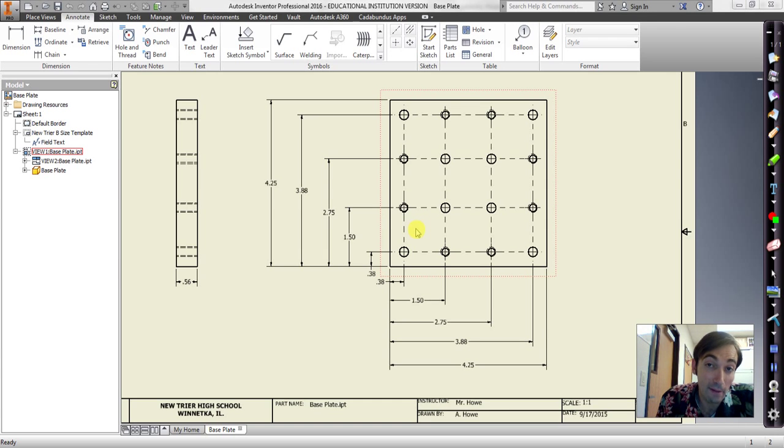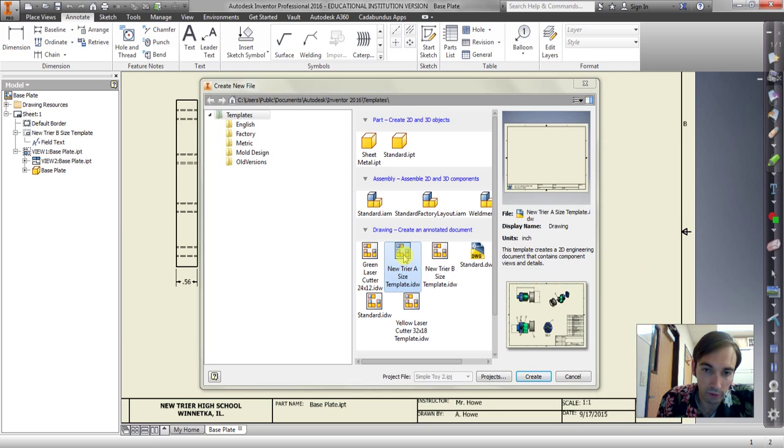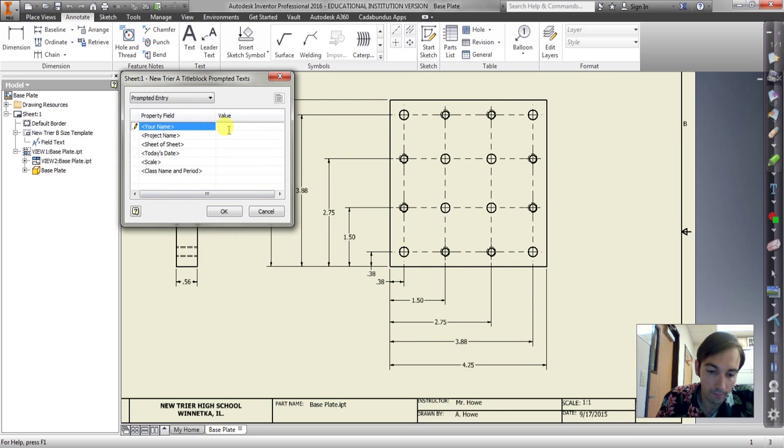Hey, let's make the knob socket head cap screw drawing. We're going to do a new part, a new drawing. I'm going to use the new Trier A size template because this is just a little screw and this is a smaller sheet. So you can see that the field text is a little bit different. Sheet of sheet. So there's only one sheet. We're not going to take up more than one sheet